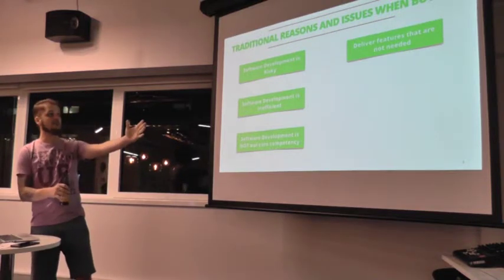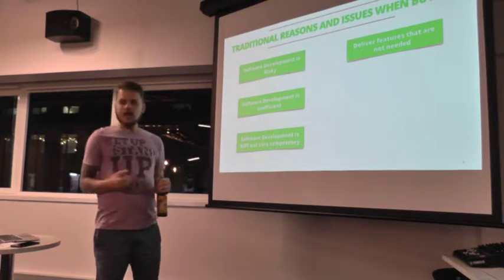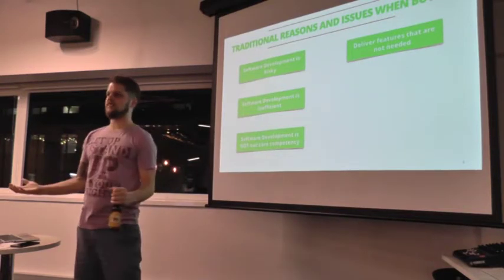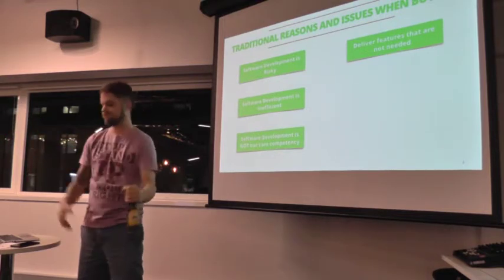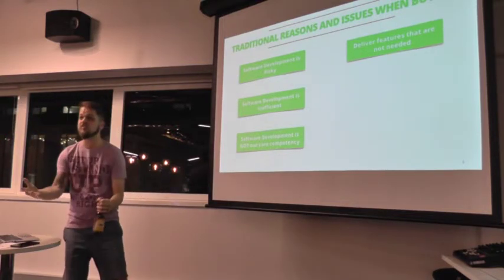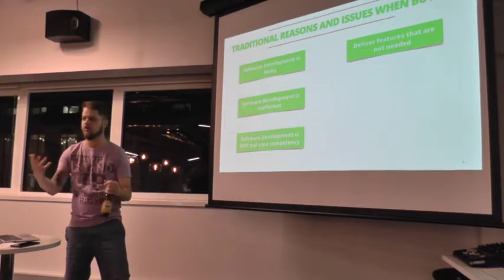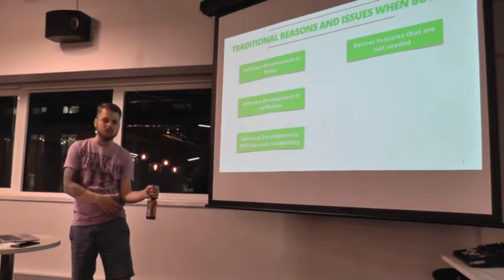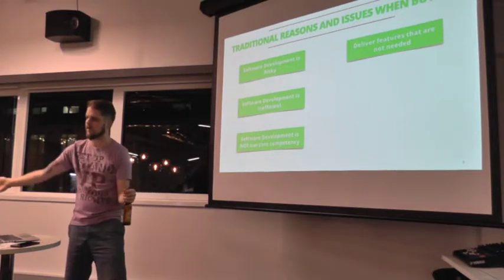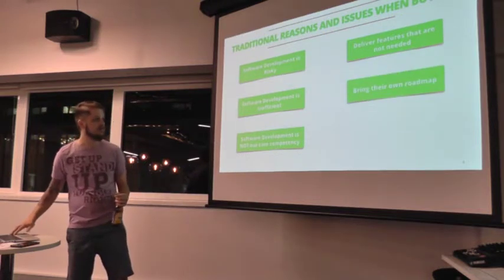And then the issues, right? The issues with buying. When you buy, you get given a whole bunch of stuff that you don't necessarily need. All of those features that you don't need, and by the way, you're paying for that, right? And it confuses people. They use the feature, it doesn't do what they thought it would do, and all that sort of stuff. And you need training and change management to make sure that people don't click the wrong button and end up selling to the wrong people and all that sort of stuff. Then you have